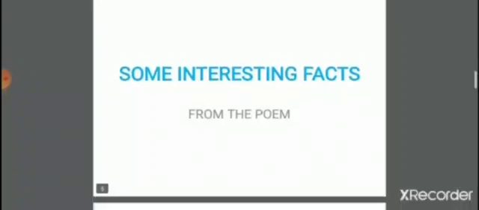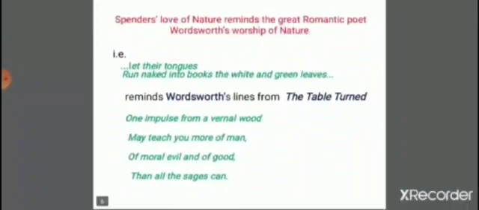Now we will see some interesting facts related to the poem. The first one which we come across is Stephen Spender's love of nature and his regard for nature, which reminds us of the great romantic poet William Wordsworth, who is known as the greatest worshipper of nature. When we read Spender's lines, "let their tongues run naked into books, the white and green leaves," it reminds